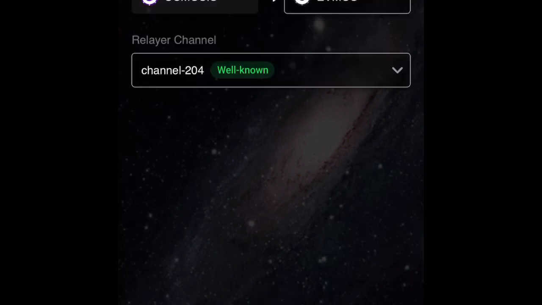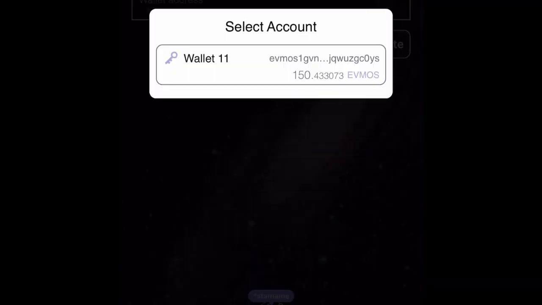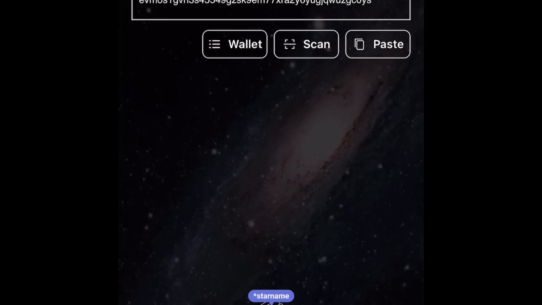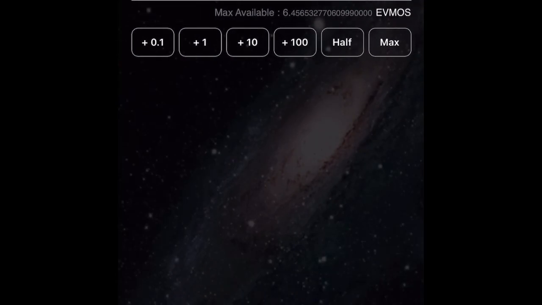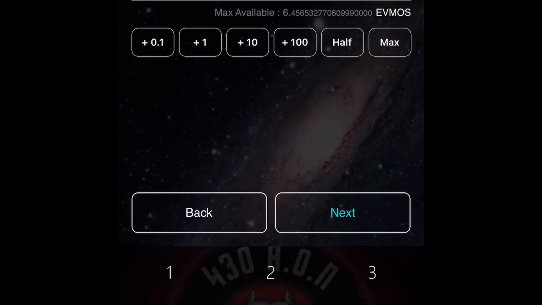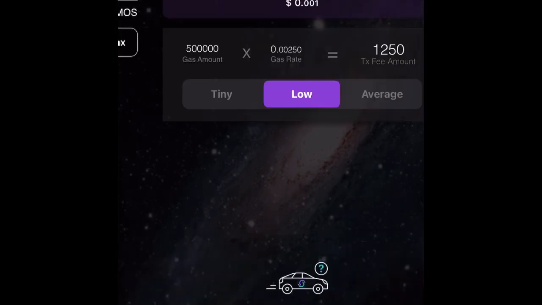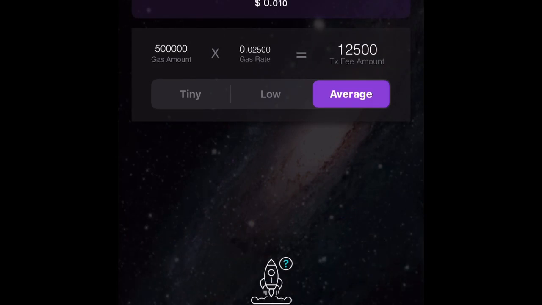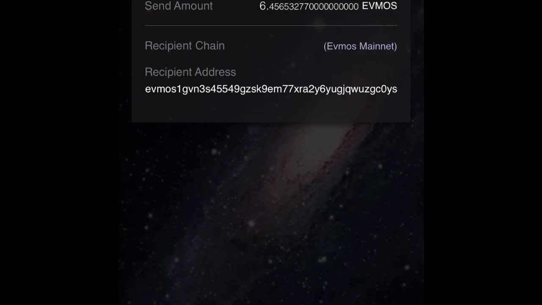So when you're over here, you're going to hit next. They're going to ask you where you want to send it to. If you click wallet, any wallet you have in Cosmostation will show up here. So I'm going to send it from one wallet to another wallet within my wallet. So I'm going to send 6 Evmos. Matter of fact, no, I'm not leaving nothing over here. I'm sending the max. I'm going to shave a few decimals off because of the gas fees and all that. I'm going to send that over, right? I'm going to put that on fast because everything over here, you shouldn't worry about saving money.